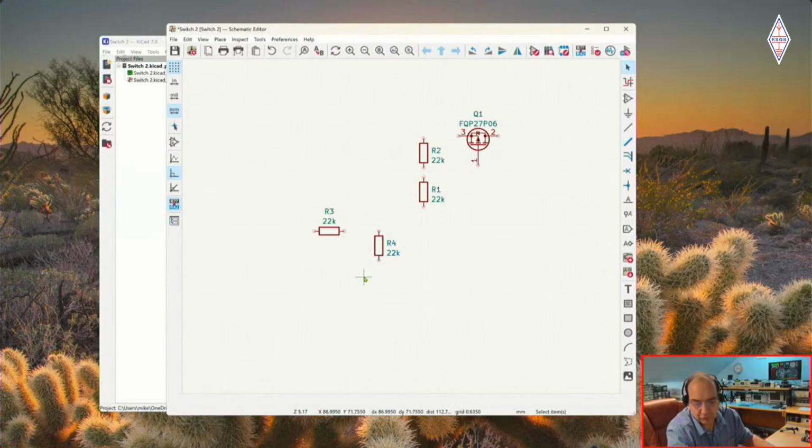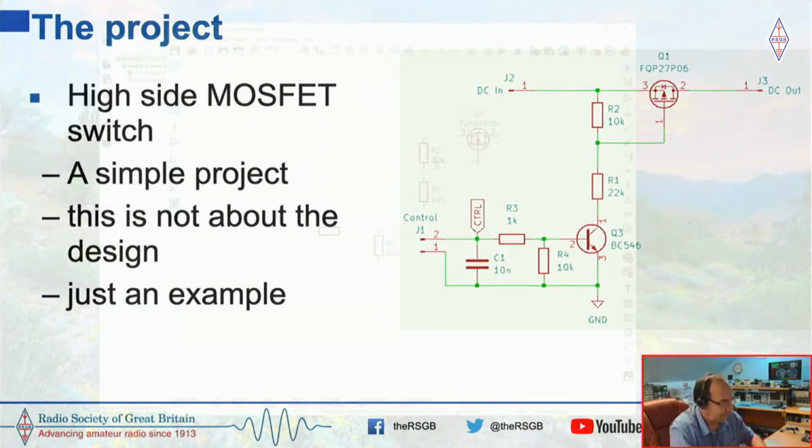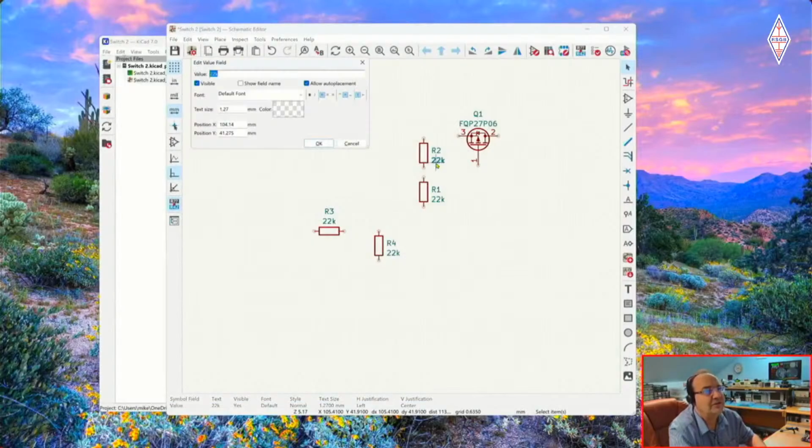But of course the values are wrong, because R2 should be 10K according to the schematic. Maybe we can go back to the schematic briefly, David. You see that? There we are. So R2 is 10K, R1 is 22K, R3 is 1K, and R4 is 10K. Now you'll have the schematic next to you rather than on a shared screen, so that'll be easy to work out. So a shortcut again, instead of going through that big dialog, if I just type E here,